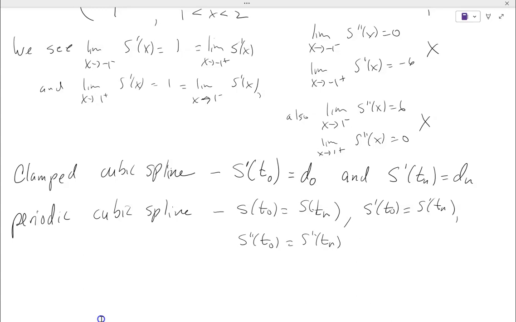The reason why we would have different types of cubic splines, again, remember when we came up with those systems of equations, we said that we had to have more information to be able to solve the system and get a unique solution. So we impose conditions, whether it's the natural cubic spline condition, saying that the curvature at the endpoints is 0,